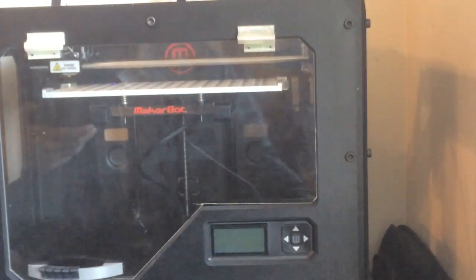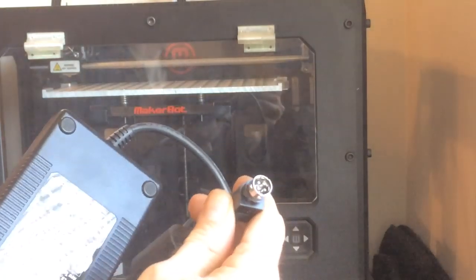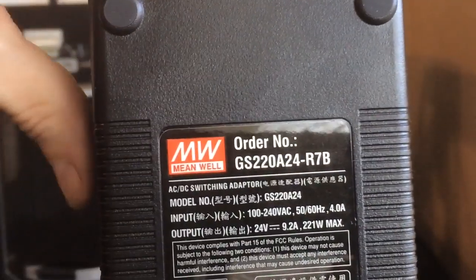So let's take a look here. And this is a one-for-one swap. It has the same plug that you currently have from your stock power supply. The block's a little bit bigger. The PSU power supply is a little bit bigger. The model number on this is